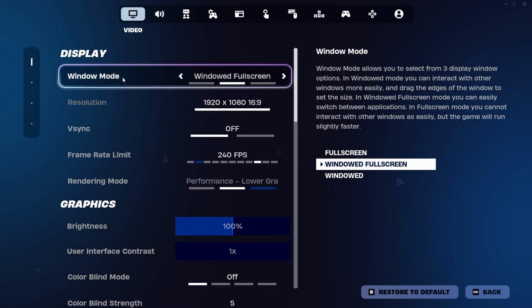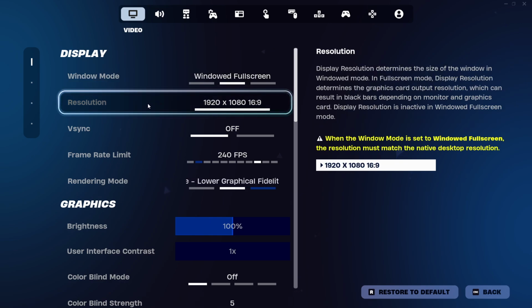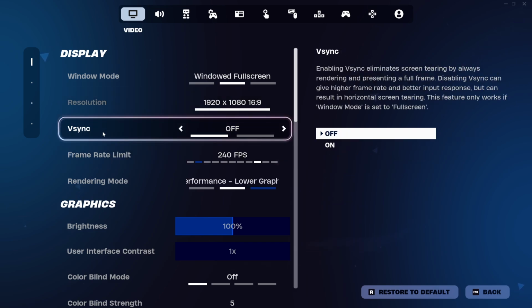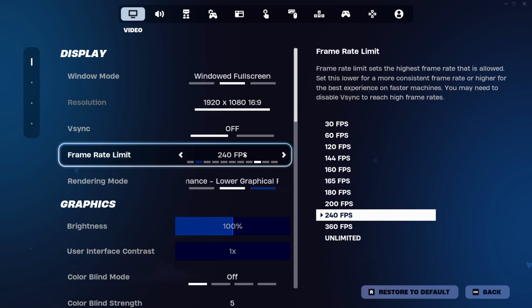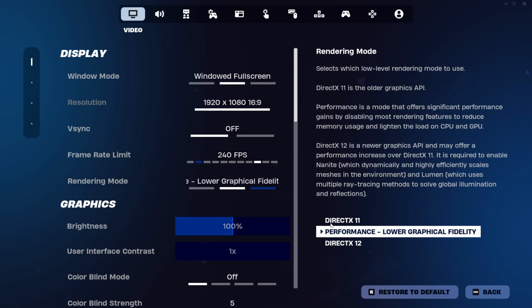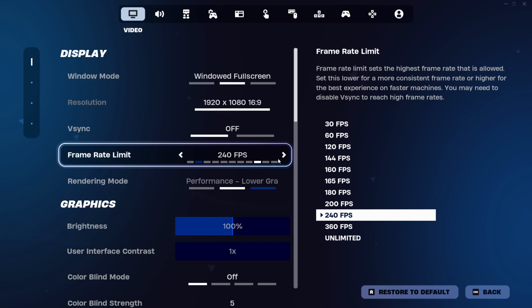In game settings, on display, always use full screen. Now I'm recording a video, so for me it's more convenient, but always use full screen and your native resolution. If you're playing and you set up a stretched resolution, you can use that also, and it will improve your visibility and FPS. But if you don't have stretched, I suggest you just use your native one. Then VSync is off. Frame rate limit, cap to your monitor's limit, because if it's unlimited, it can also cause struggles. Or play the game, for example, for a week, and look at